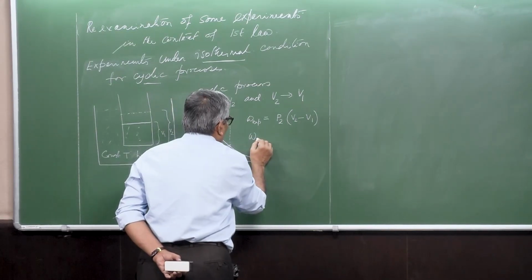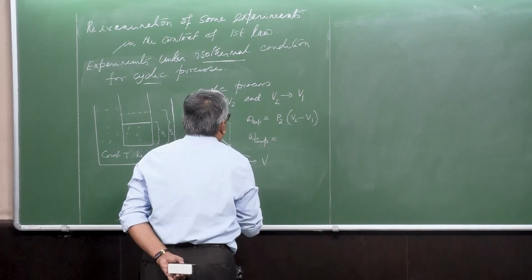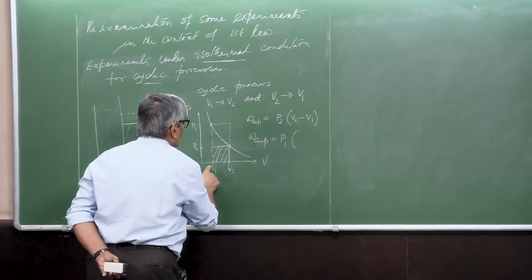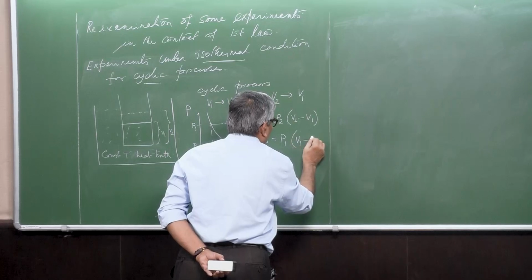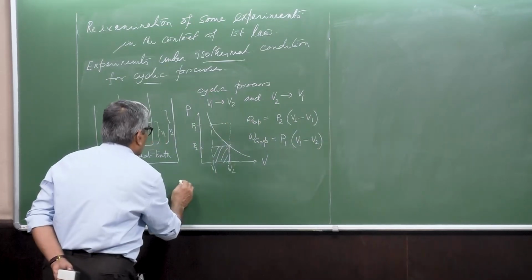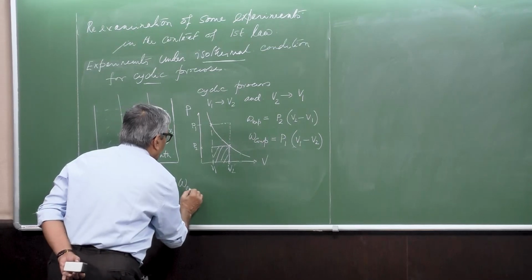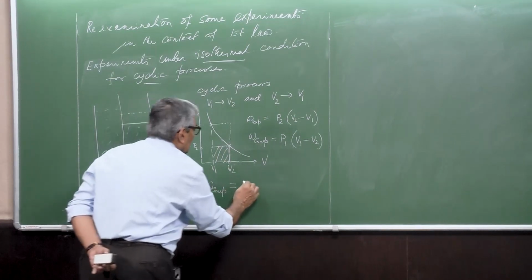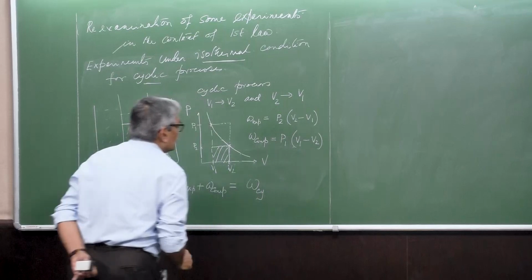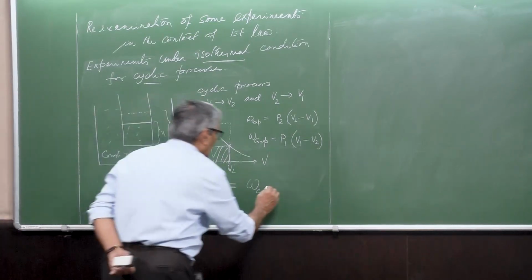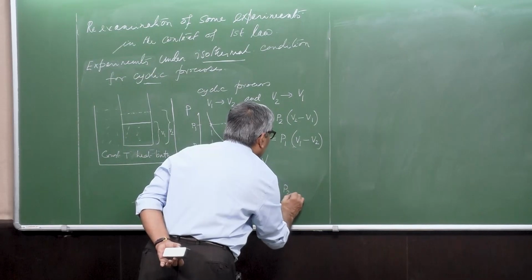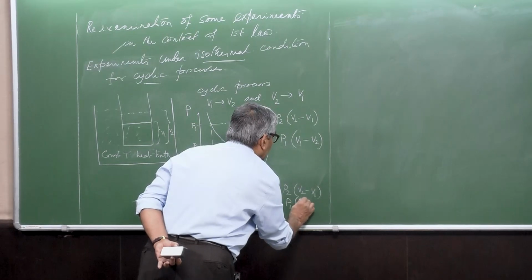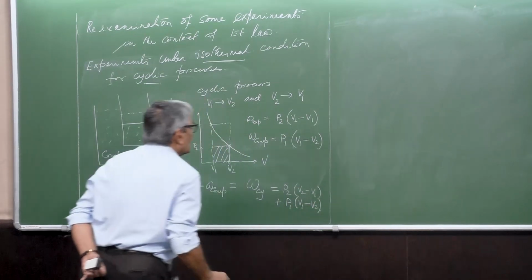And for the work of compression, I choose the pressure P1 and I go from V2 to V1, so V1 minus V2. So W expansion plus W compression equals W for the cyclic process. That is equal to P2 into V2 minus V1 plus P1 into V1 minus V2. So W cycle